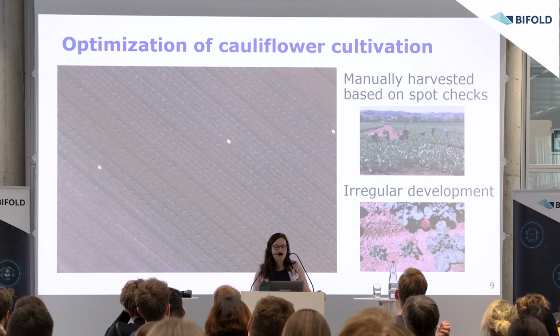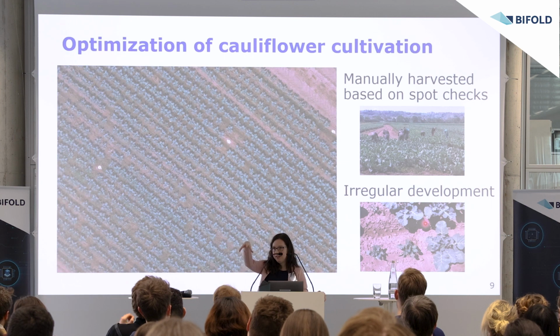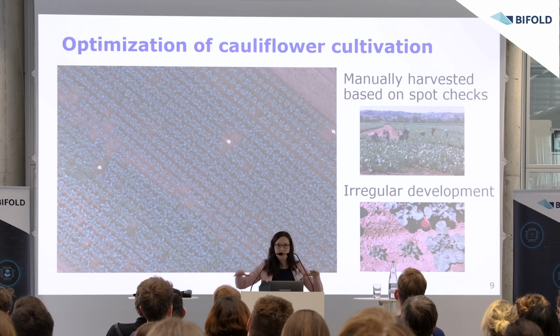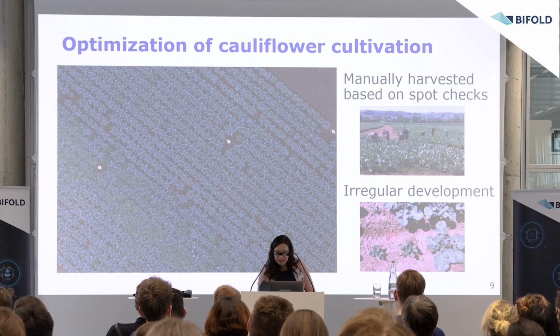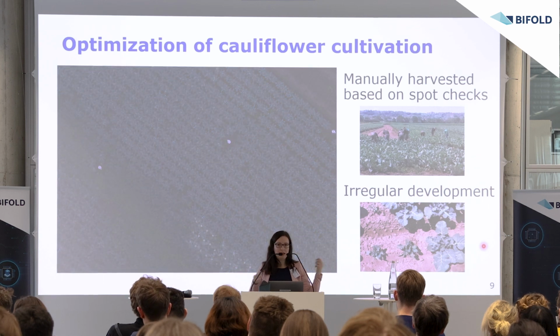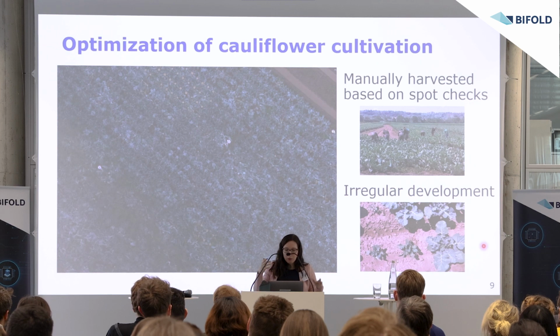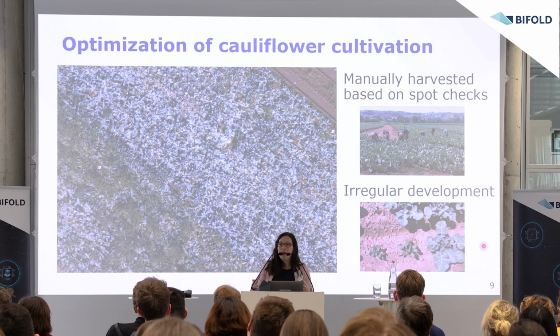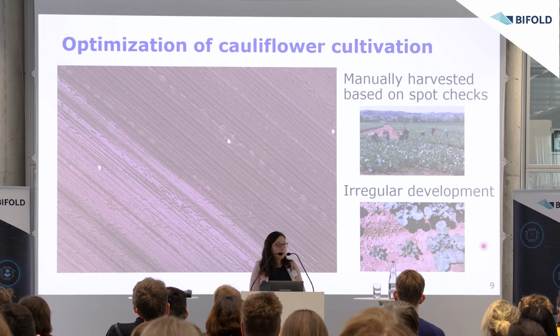So you go there to the field, you grab into the plant, and then you feel it, and if it has the right size, you extrapolate it, and then it's harvested. The problem is there's an irregular development. Even if you have the plants planted right next to each other, they can develop quite differently. And so what we did, we want to support the farmer's decision making with machine learning and UAV